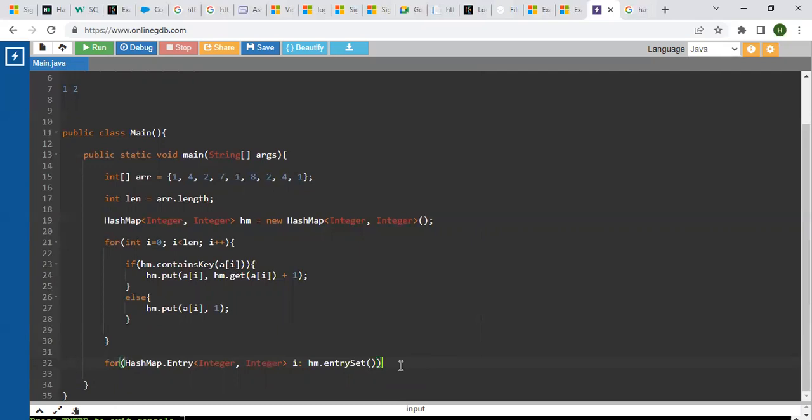Now see, at the first execution, this i would be containing one particular set of that hash map, the first set of the hash map, that is 1 and its corresponding value. So now what do I need to print? I need to print the key as well as its value. So how can I do that? I'm going to make use of